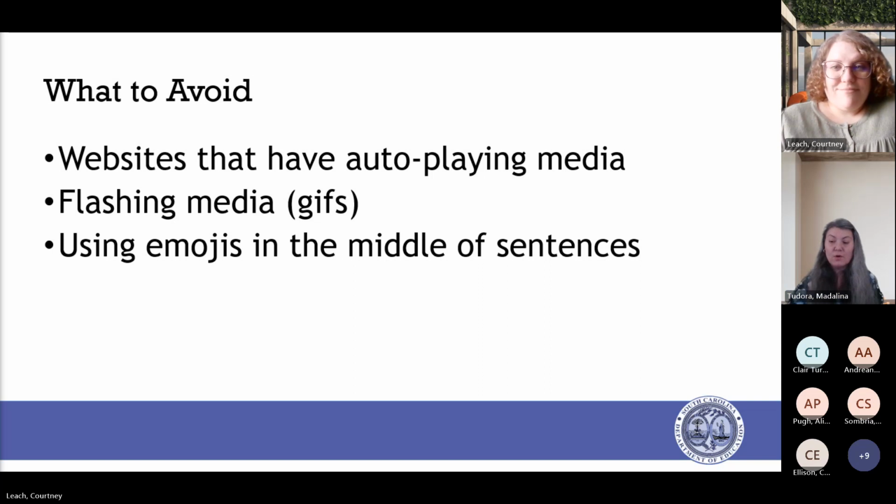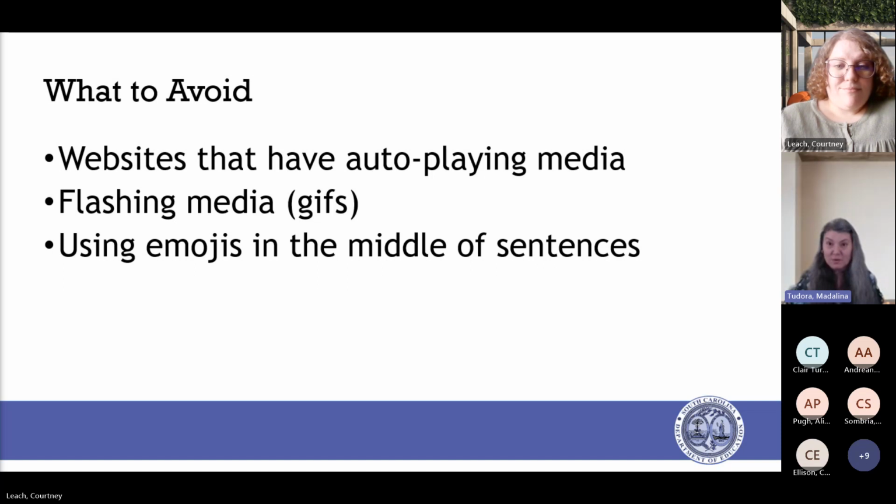All these things are creating serious barriers for somebody who's using a screen reader, or just for somebody that all of a sudden you click on a page and you're met with a lot of flashing, a lot of sounds, music, whatever's going on in that media that's starting to play the moment you get to that page, right?